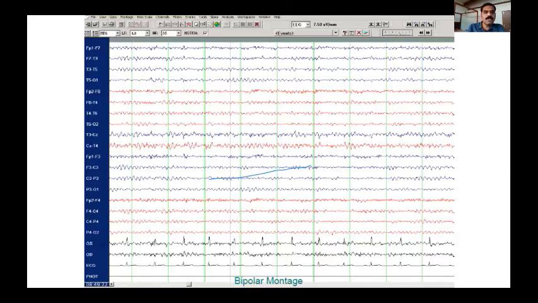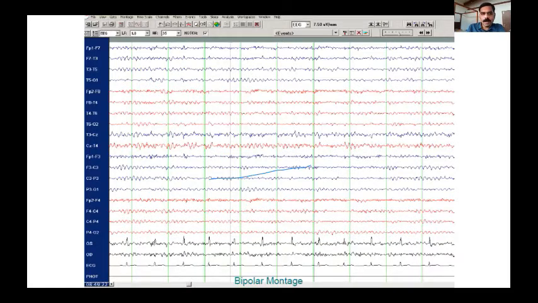Then third is the stage of alertness. Very, very important. Whether the child is awake or asleep. If asleep, what is the stage of sleep? Is it stage 1 sleep, stage 2, stage 3, stage 4? It's very important, especially in children, because in children most of the time we do a sleep induced record as they don't cooperate for an awake record. In most centers we give sedation with chloral hydrate and we do a sleep recorded EEG.